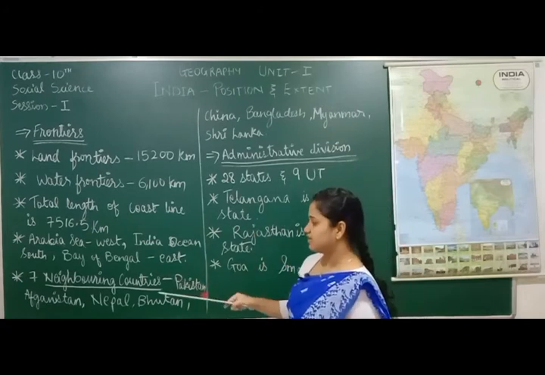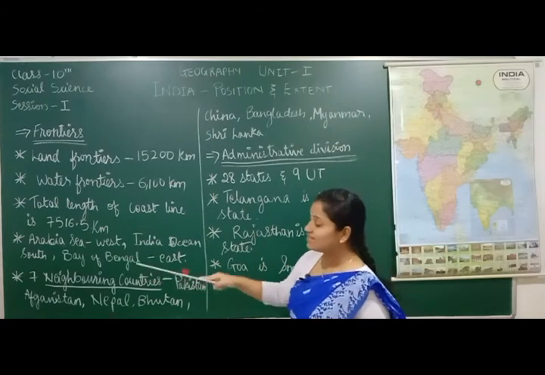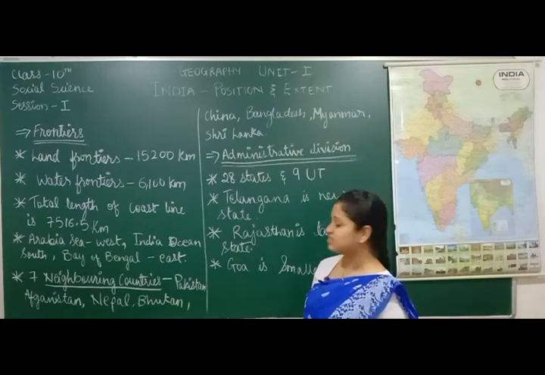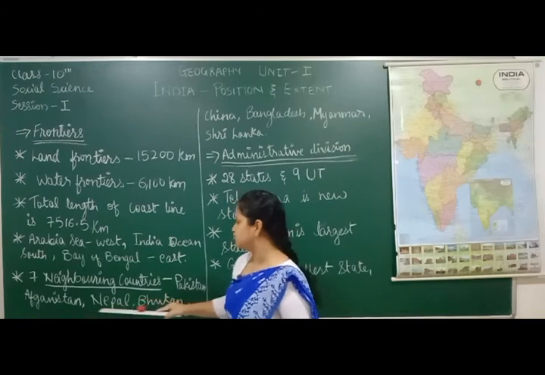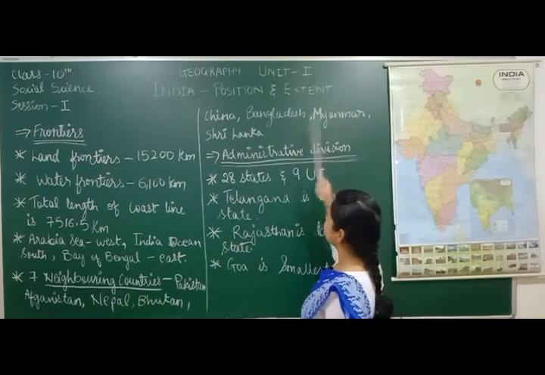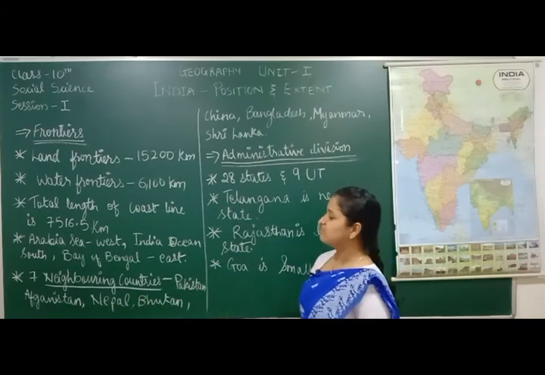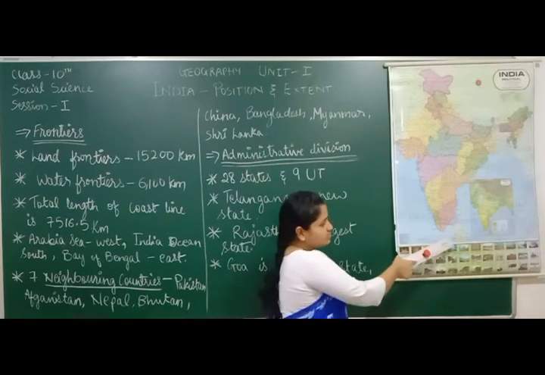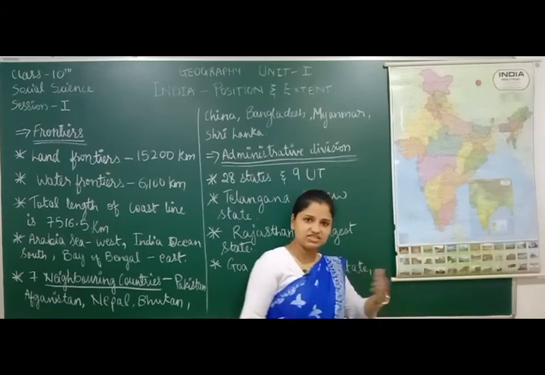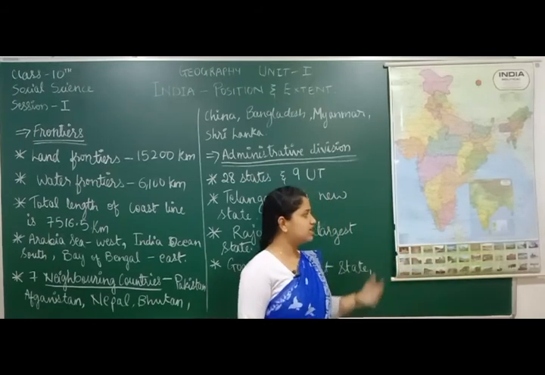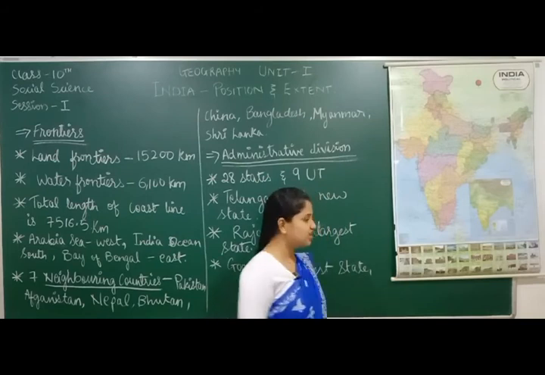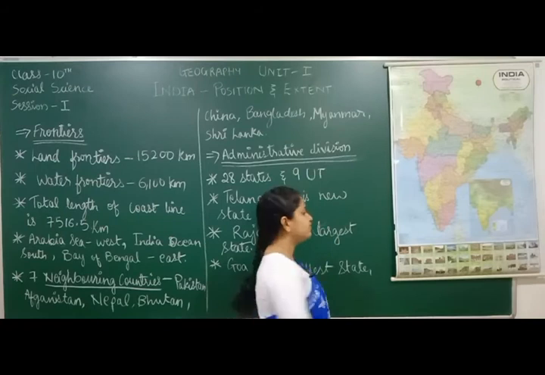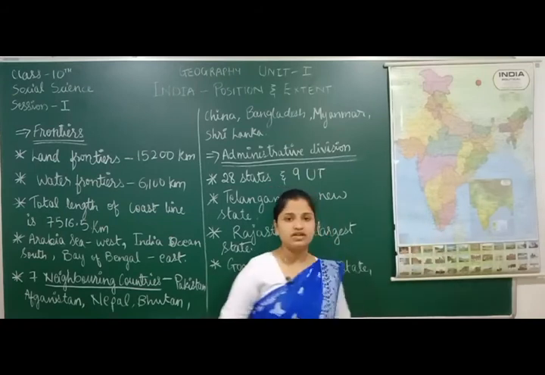In these 7 neighboring countries, we are not going to consider Sri Lanka. Why are we not considering Sri Lanka here? If you count, 8 are coming, but ma'am has written only 7 neighboring countries. Why so? Because see how far Sri Lanka is here. Does the boundary between Sri Lanka and India touch? No, right? There is sea in between, so that is not considered to be our neighboring country. We leave that and count all the other 7 countries.